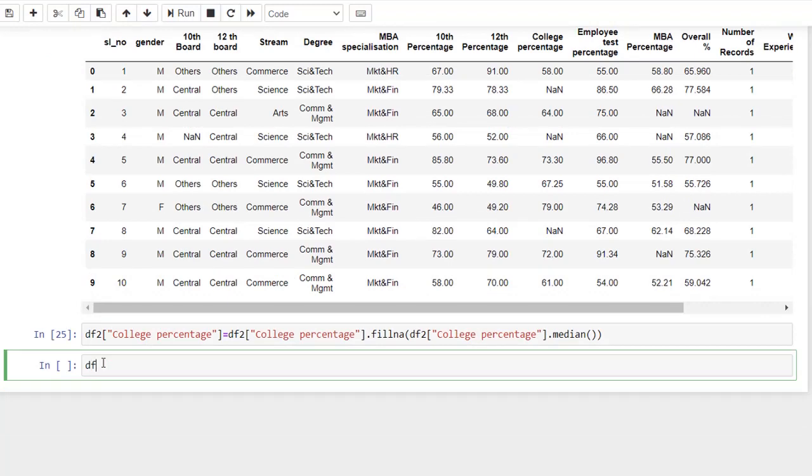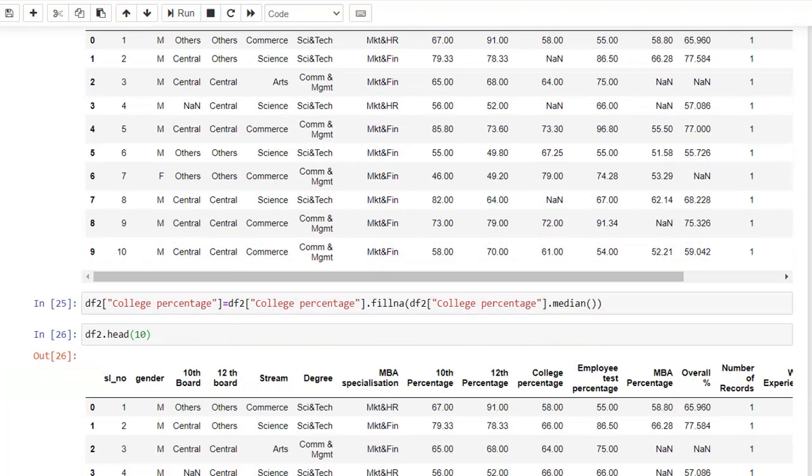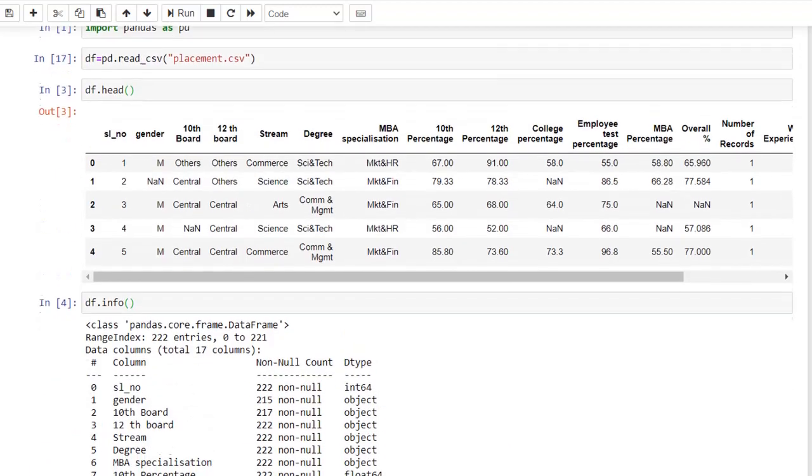Now let me print the top 10 rows of the data frame, head(10). Okay, so let's check the original data frame.